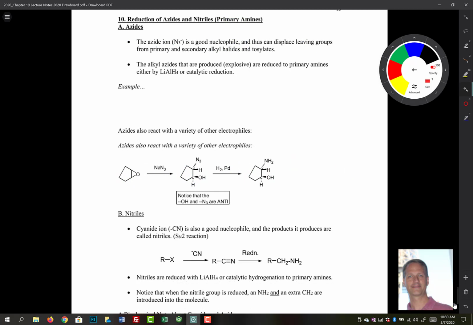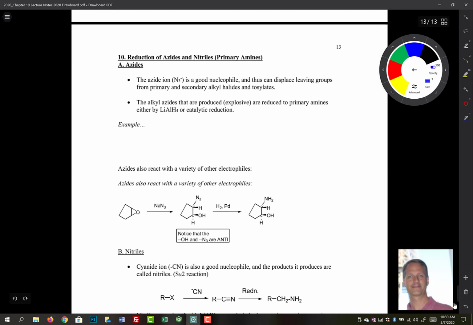All right, so let's talk about azides here. So there's reduction of azides. It's an interesting reaction. So it turns out that azide is an inhibitor of F1 ATP synthase, just as a side note. But azide ion, let's talk about what that ion is. So it's easy for us to forget what the Lewis structure of this is. So let's take a look here